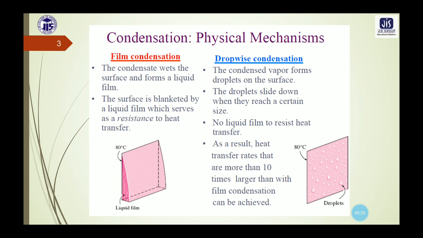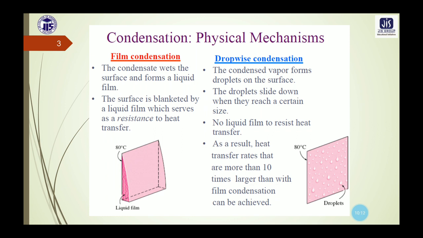But in case of dropwise condensation, the vapor condenses into small liquid droplets of various sizes which fall down the surface in a random manner. Now these drops form in cracks and pits on the surface. After that they grow in size and break away from the surface, and then they knock off the other droplets and eventually run off the surface. So they run off the surface without forming a film under the influence of gravity.